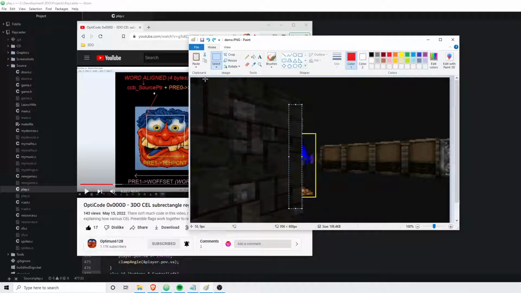So using the preamble flags, I'm able to now clip, so I'll just get this red line here. I'm able to clip the sprite right there so that none of this is actually drawn. And now I no longer need to worry about having to do any overdraw or any painter's algorithm. All the sprites are drawn in one shot. All the sprites have their pre-flags set based on the wall slices that are in the scene,